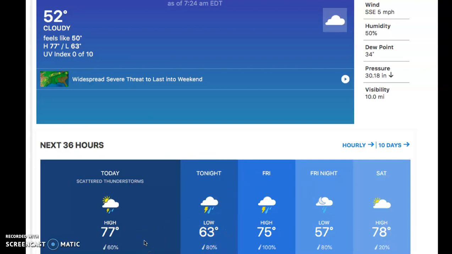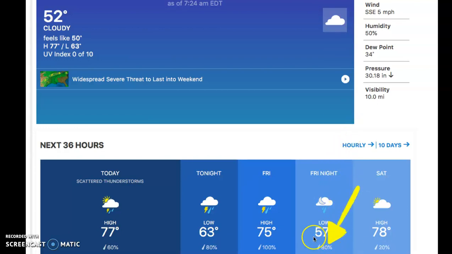Okay. Now the opposite would be the high. So for Friday, the highest temperature, 75 degrees. So for 75 degrees, you might not need a coat. You might need a jacket. Remember, jacket is a lighter kind of coat. It might still be too cold to go swimming Friday, right? So with the forecast, you can decide what you need to wear and what you might want to do for that time.